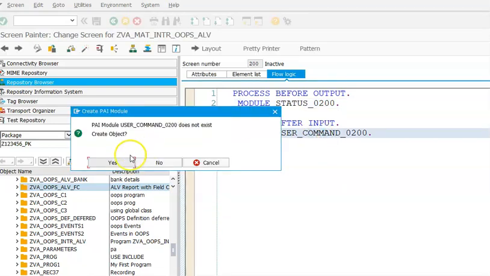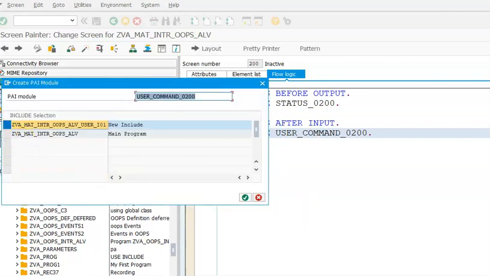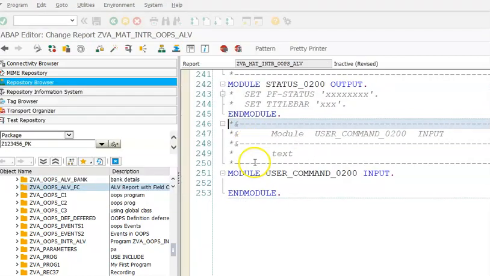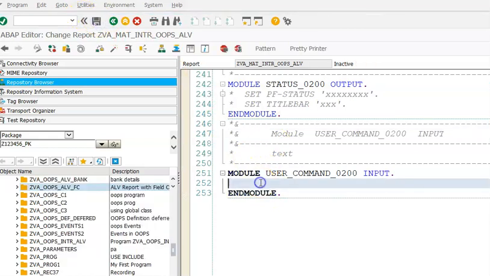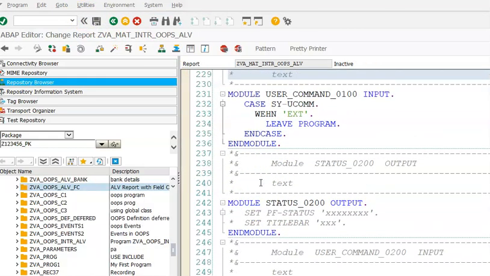Double click on this, say yes, main program, and save. So here first let me write the logic for this exit, because even if it doesn't work, at